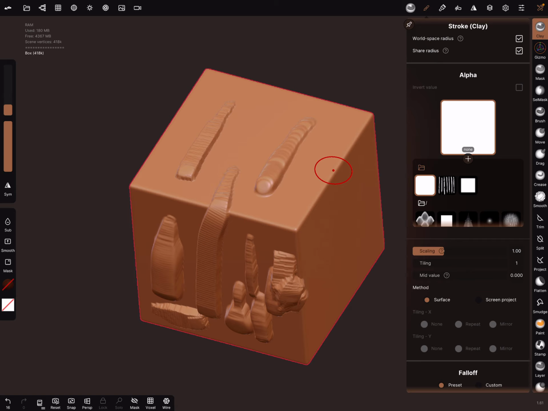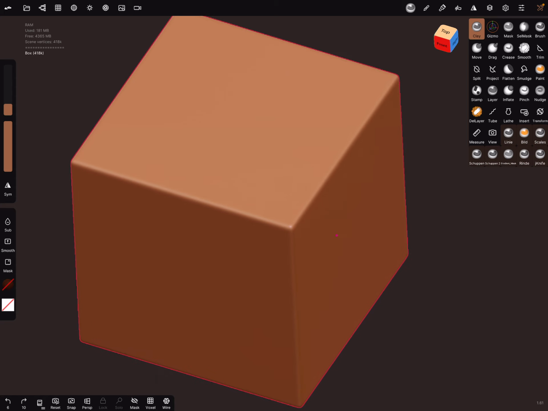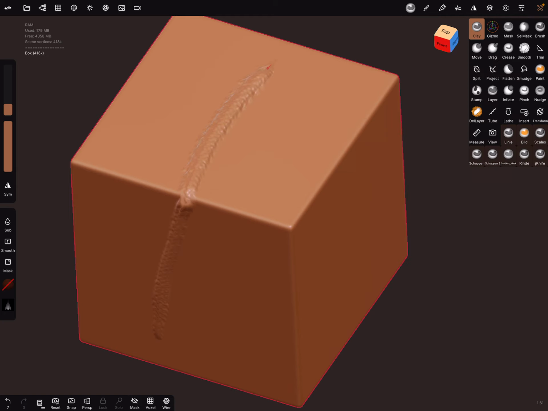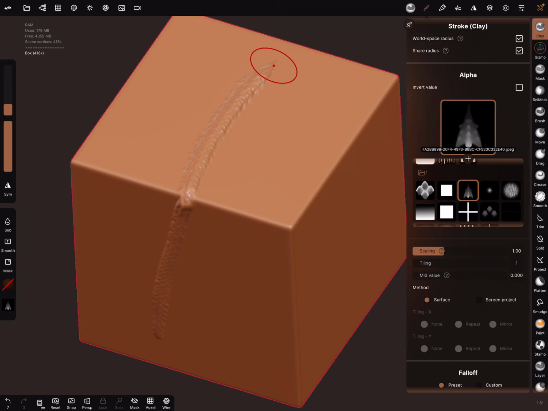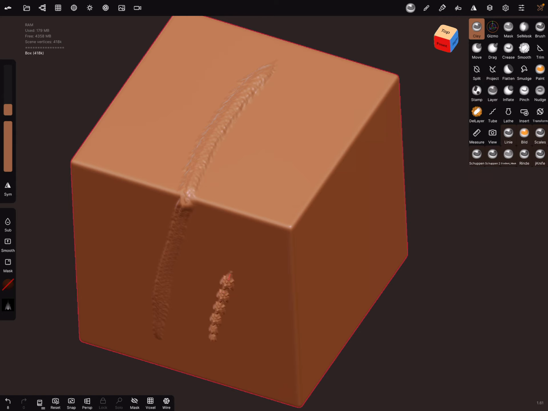The scaling is important in combination with other alphas. When we use this alpha and brush along with this clay brush, the combination of the scaling and the stroke spacing, I bring the stroke spacing to 100%.